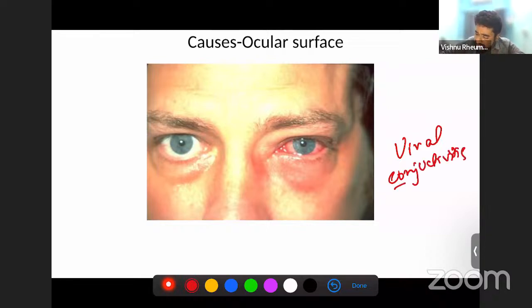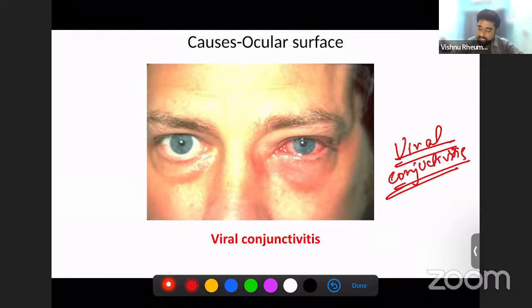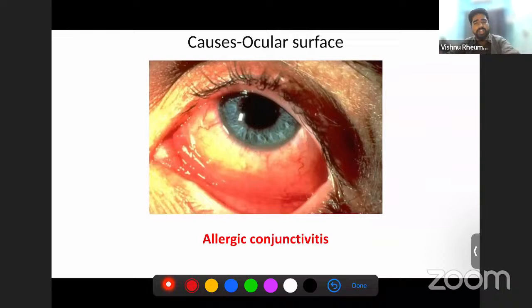So viral conjunctivitis is essentially self-limiting only. You don't need any specific treatment, but again, it's highly contagious, so you should definitely stay at home when you have this. Then you have allergic conjunctivitis, predominantly similar to your viral conjunctivitis, but here the redness is slightly less,